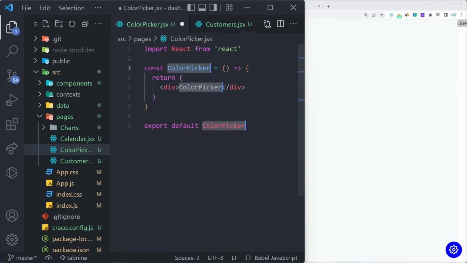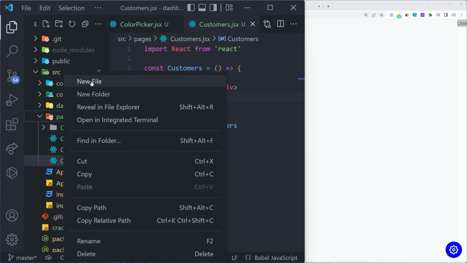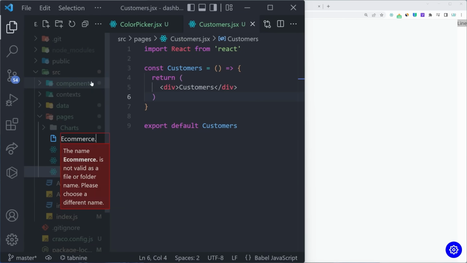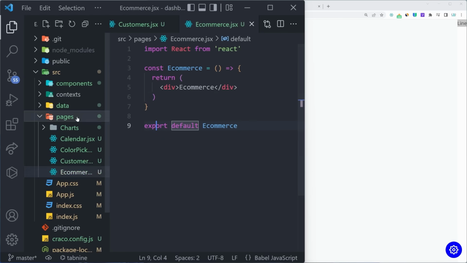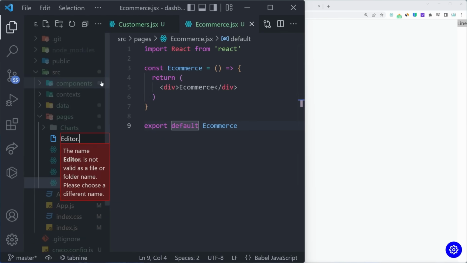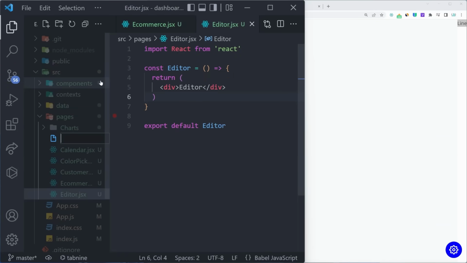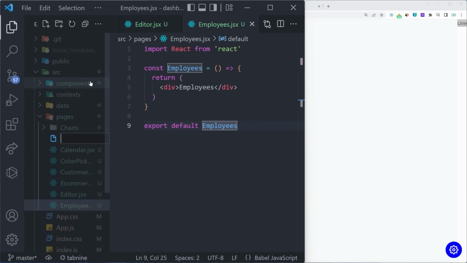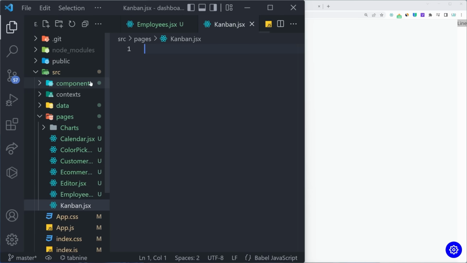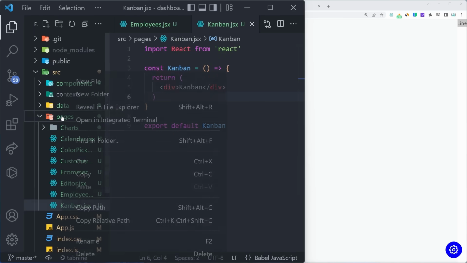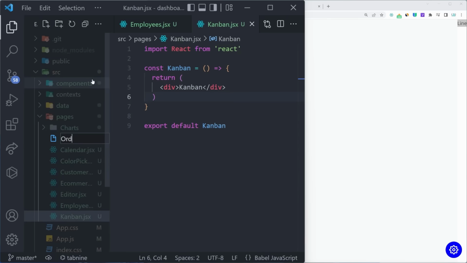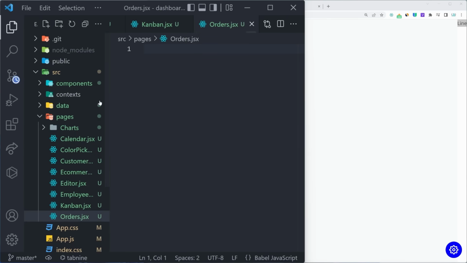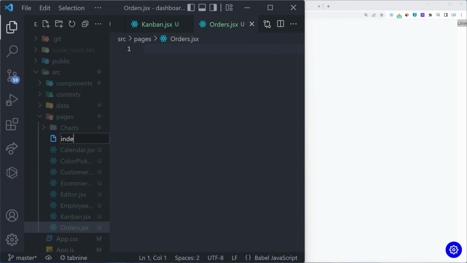And it looks like I forgot to do RAFCE there. Don't forget to do that because then the component won't exist. Then we're going to have the e-commerce.jsx. We're going to also have the editor.jsx. We're going to have the employees.jsx. Finally, we need the Kanban.jsx. And finally, we need the orders.jsx. And as we've done with the components, we can also do the same thing with pages, create a new